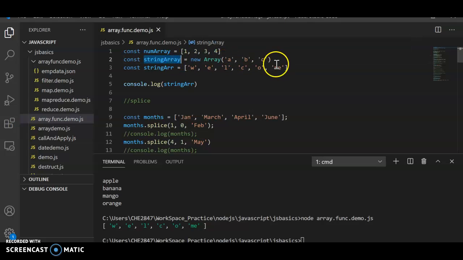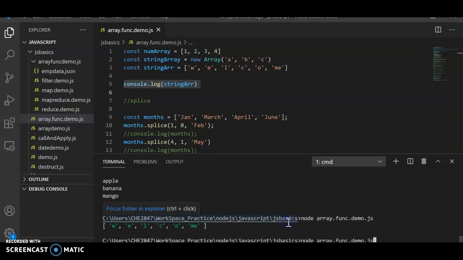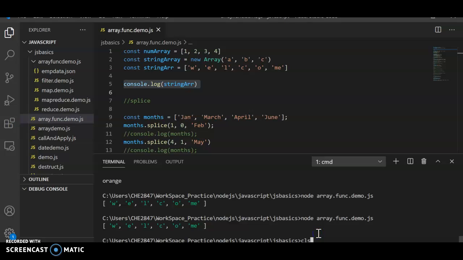It is similar to creating a string array equal to this, in square brackets, and you can write ABC. So this is another example. Here we are doing the same thing. I'm not using the new operator here, but you can directly put all the string values inside the square brackets, and it's going to store all these values into this string array variable. Just for demonstration, let's see what it's going to print. Let's run this. So this is very basic.